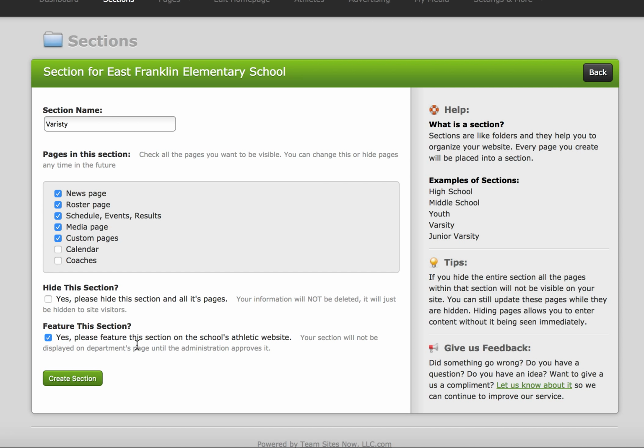And then finally, this feature: if your website's hooked up to an athletic department, and you have this checked, any news articles that you publish from this section would then show up on your athletic department's news feed, and could be shown on their homepage. So I'll leave that checked by default. So just click create section,